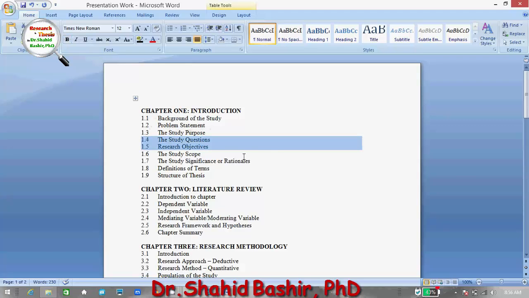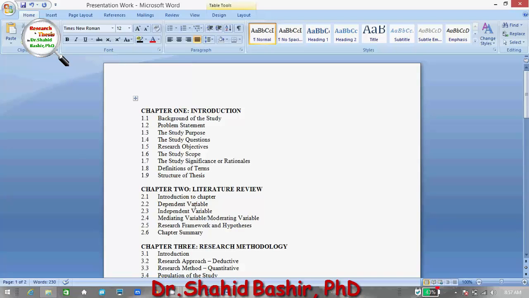Usually, these study questions and objectives are defined to specify more clearly the purpose of the study. So then we have study scope, the study significance, or some people say study rationale, definitions of the key terms used in a research, the structure of thesis,